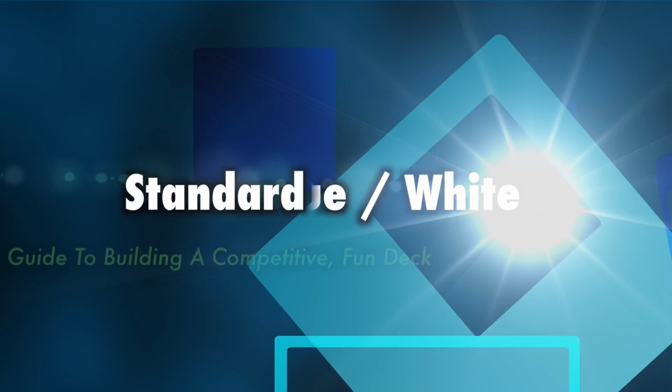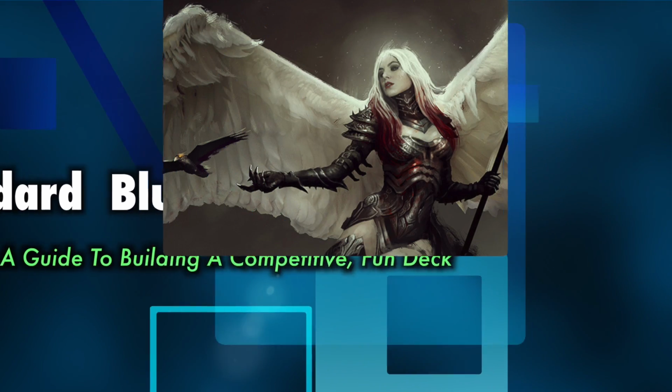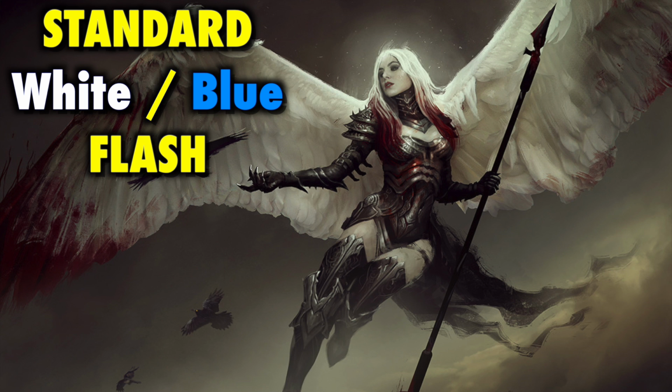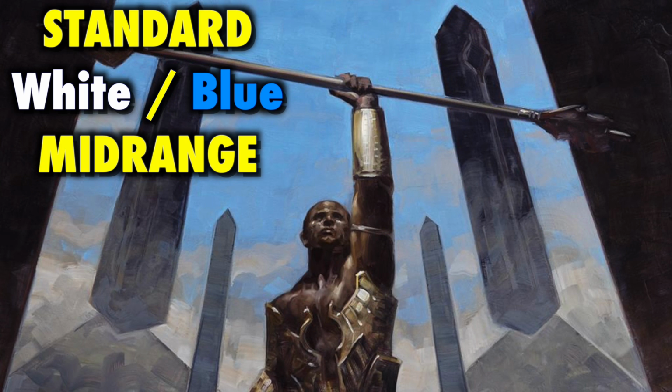Looking to get back into Standard in a flash, but don't want to play the top 2 decks from the recent Pro Tour? Then have I got a deck for you. White Blue Flash is, much like Standard itself, making a major comeback. Although the changes to its list and slightly adjusted strategy of play make it more accurately described as White Blue